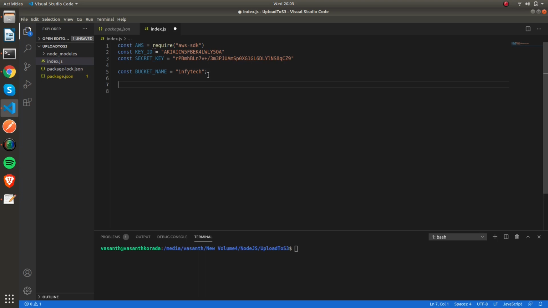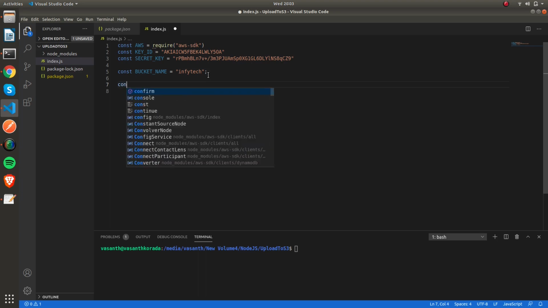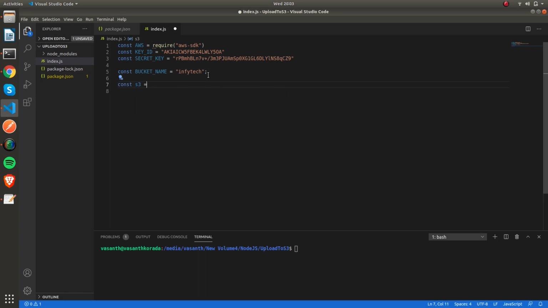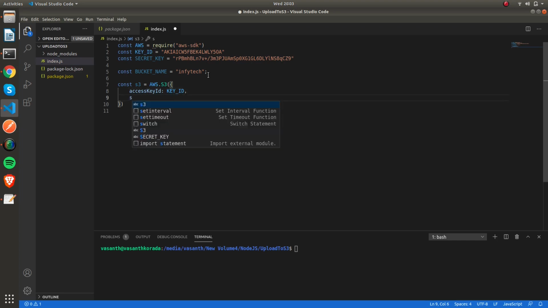First let me initialize an S3. I am going to say AWS dot S3. Here I am going to pass our credentials. This S3 requires access key ID, which is the key ID, and it also requires secret access key.